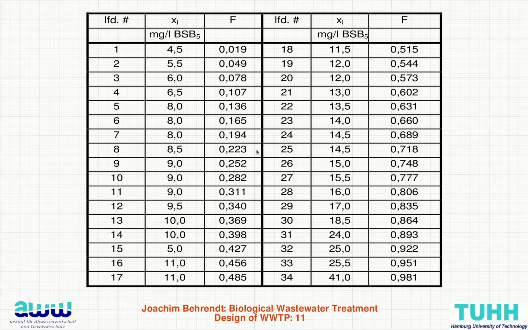Normally you have an ordered list. In this case the BOD label is in German as well, but it means BOD5 values. The smallest was 4.5 and the biggest 41. They are ordered, and then the density function is calculated with the index and the total number of 43 values,